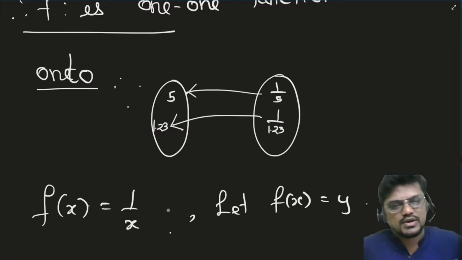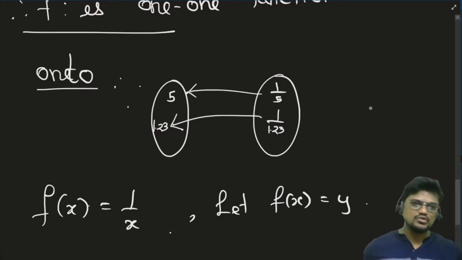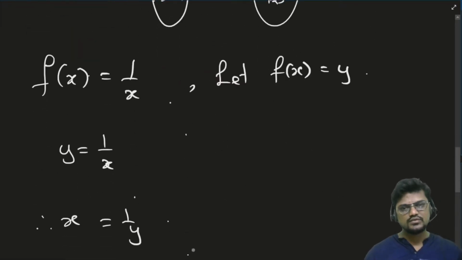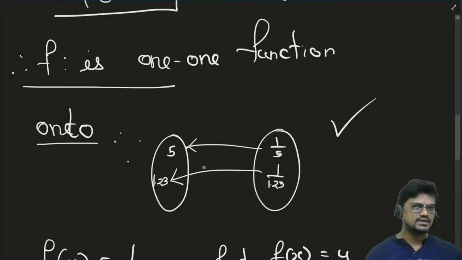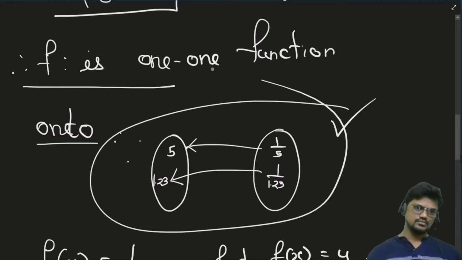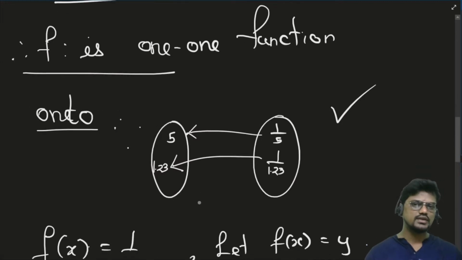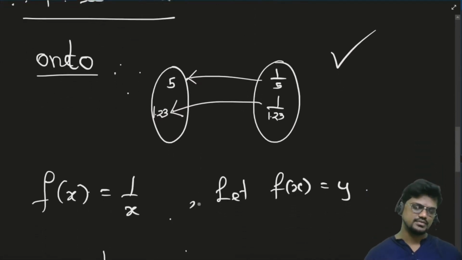Fine. So guys, the problem is, the diagram you have understood, but the writing pattern which you have to do whenever you are doing the proof, you have to do it in this way. But even if you are getting stuck on how to identify whether it is onto or not, you can refer to a diagram, to find out whether it is one-one or onto or what it is.